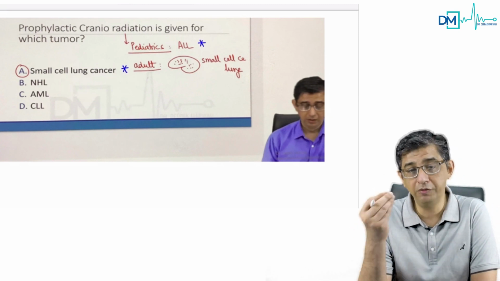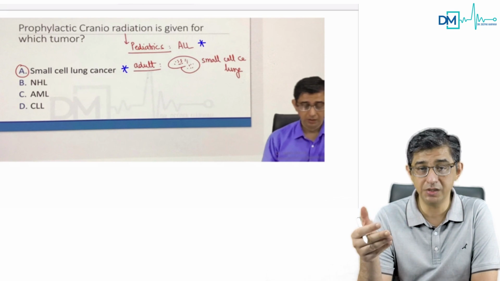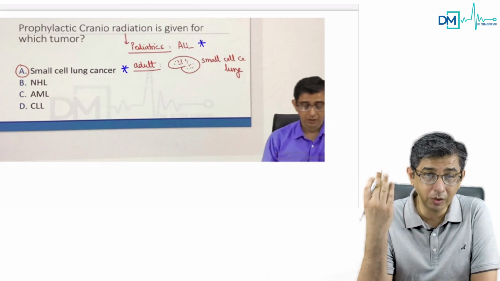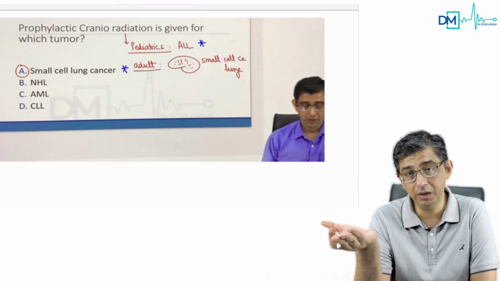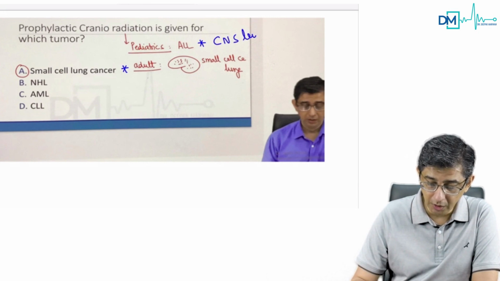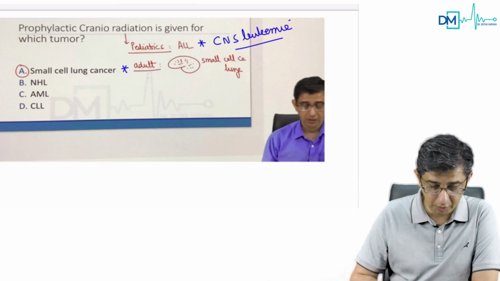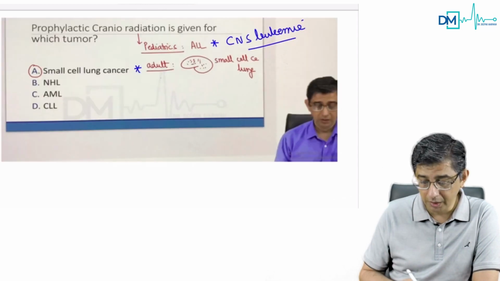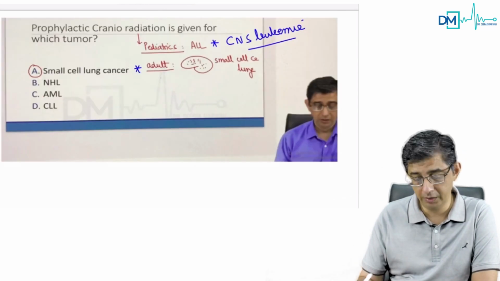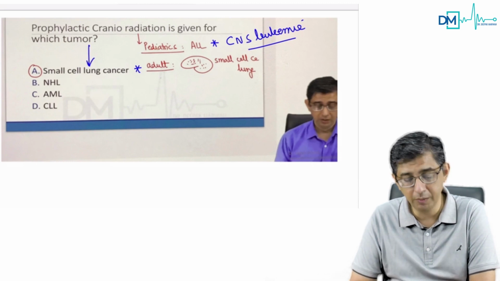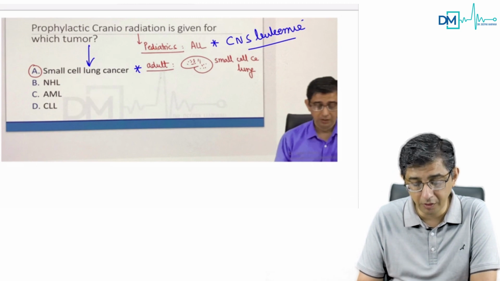And when do you give prophylactic radiation in children? For blood cancer, ALL. Acute lymphoblastic leukemia has a tendency to go to the brain. It shows metastasis, it shows CNS leukemia. So to treat the CNS leukemia component, you need to give radiation. So remember, if this question is repeated again and it gives you a pediatric case where you need to go in for prophylactic CNS radiation, you do it for blood cancer. But in case it is an adult, then it is small cell lung cancer. So please remember the fact, prophylactic radiation is given for small cell cancer.